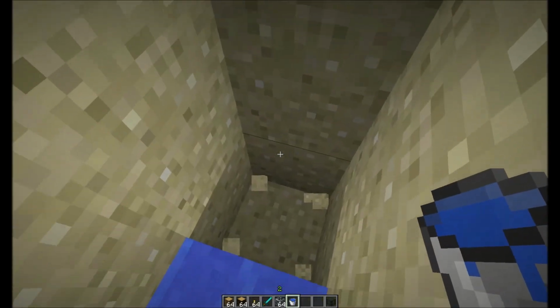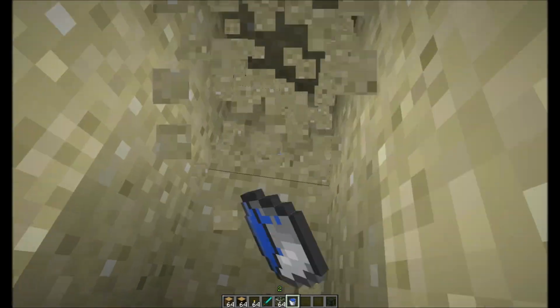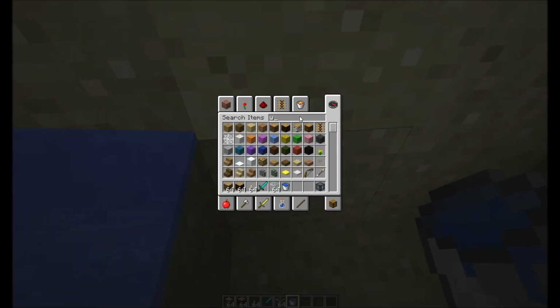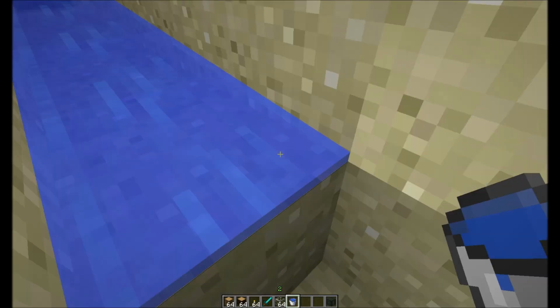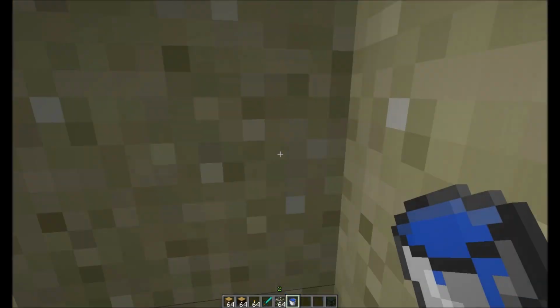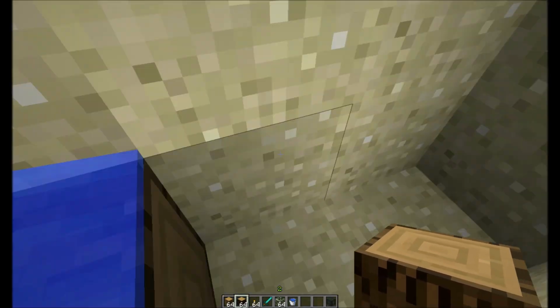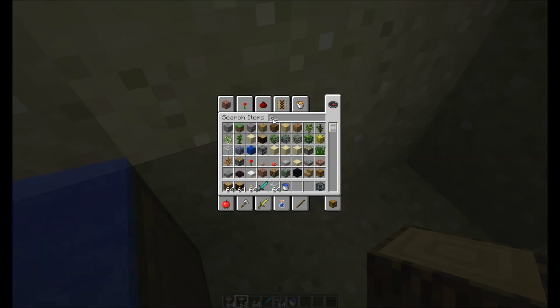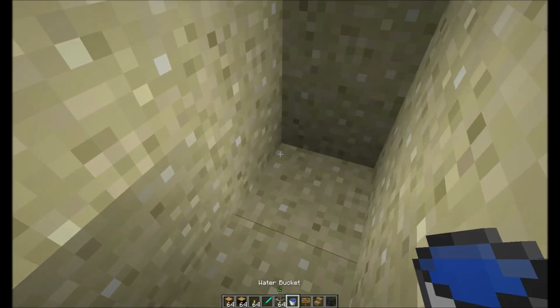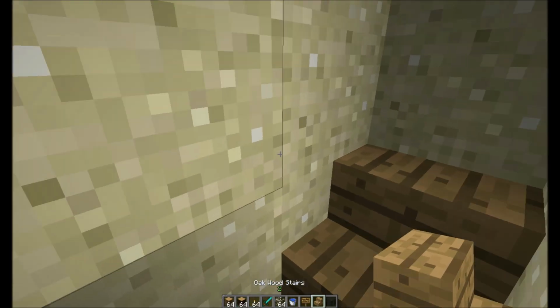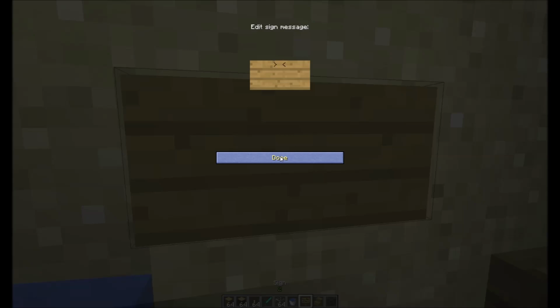Now there's a couple of things you can do to keep them flowing further. One thing you could do is dig out this water block here and then just have them keep going. I used to do that, but it is a little bit less efficient than this. So let's see. The way that I like to do it now is you take a stairs, take a sign, and you take another bucket of water. Now, if you take a stairs here, a sign here,